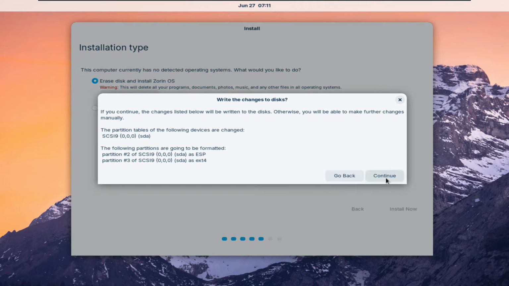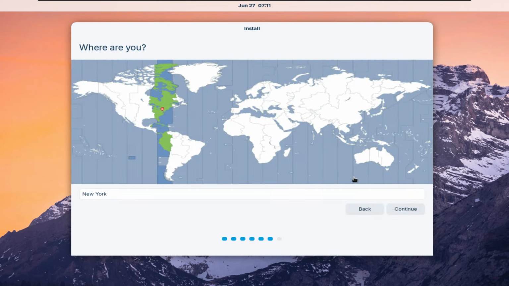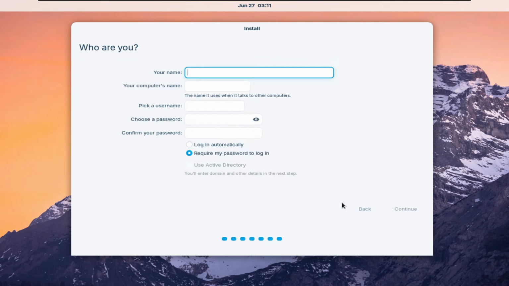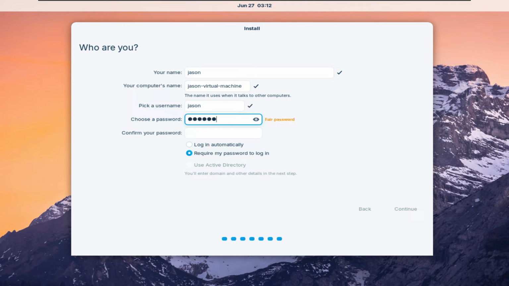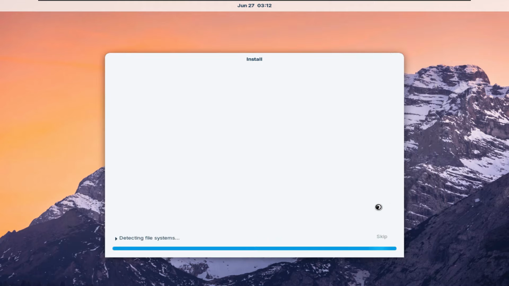That's it. I don't need to enter my username or anything. What? Okay, I think I will actually enter my username anytime now. Yeah, Jason. And then the password. You guys know that my password is definitely now 123456, right? That's not my password. That's never been. And just to prove you guys wrong, I mean, if that's not enough, I don't know what's enough. So log in automatically, and we got require my password. Yeah, require my password to log in.